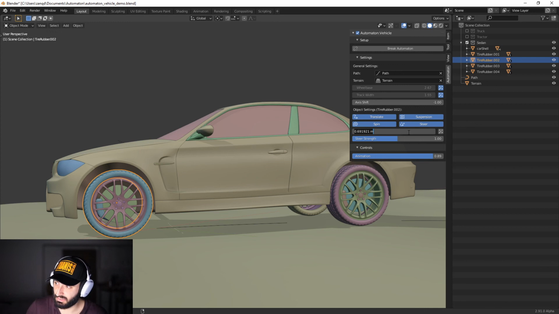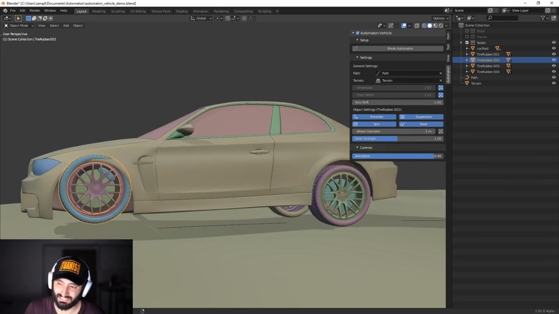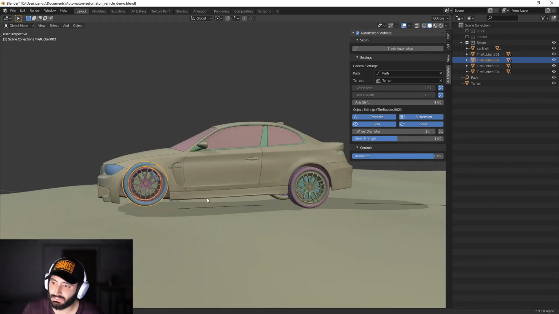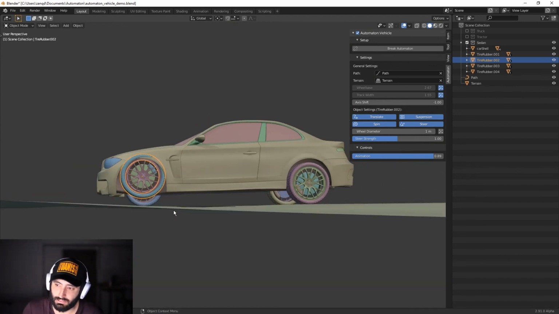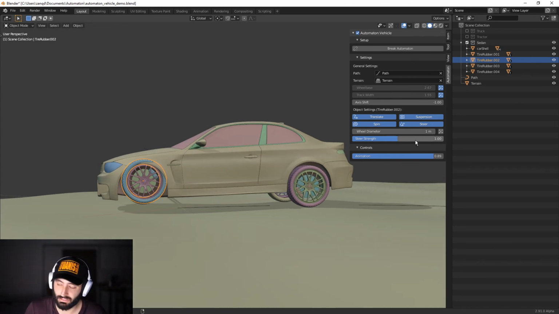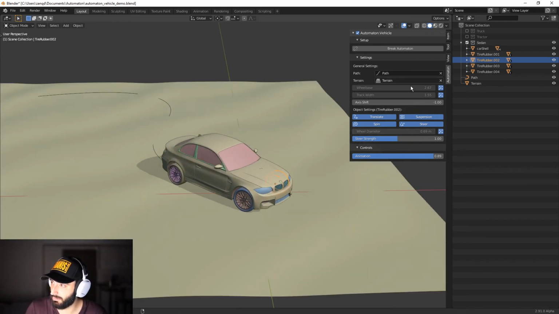So for example, if this guy has a 1 meter wheel diameter, then it will obviously not work. But if it had a wheel of 1 meter diameter, then this would be the right thing to do. So let's just get back to Automatic and enjoy our beautiful BMW